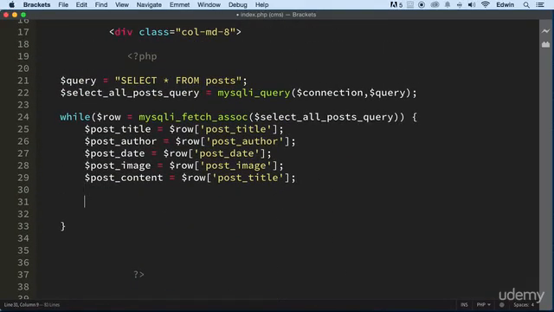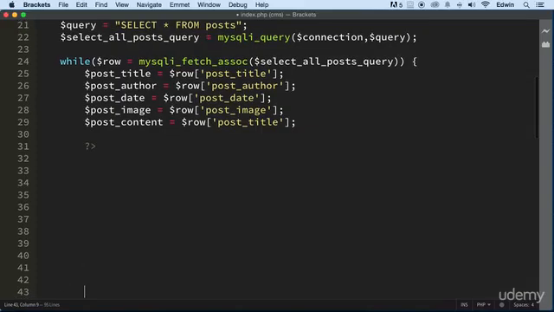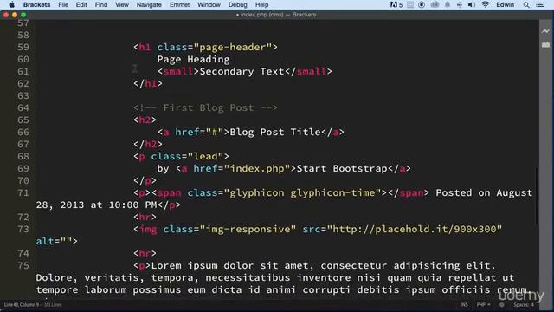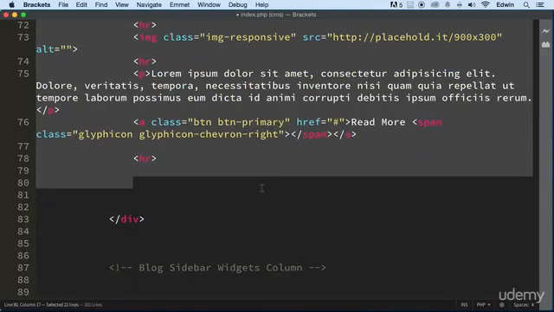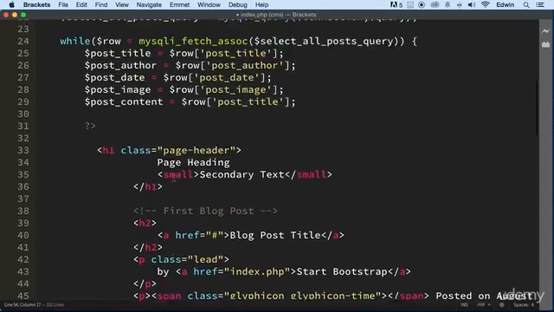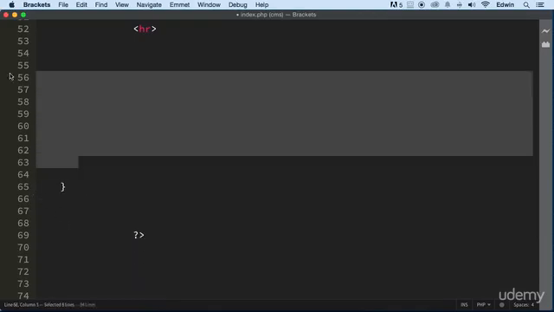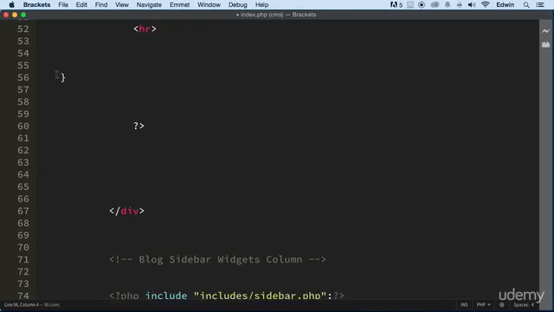So I'm gonna break out of this. All right, so I'm gonna do something like this. I'm gonna break out of PHP. I'm gonna break out completely out of there, and I'm gonna take this and put it in there inside that loop. All right, right here. Then I'm gonna come back here. Let's just do that. And I'm going to start PHP again, because I want to bring in